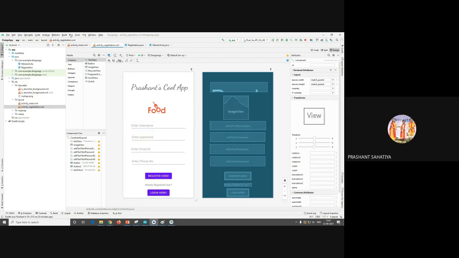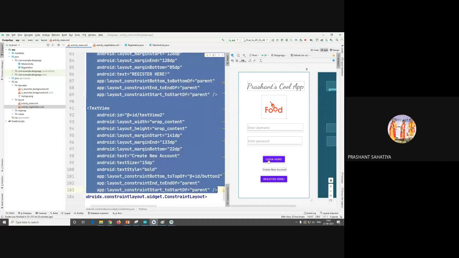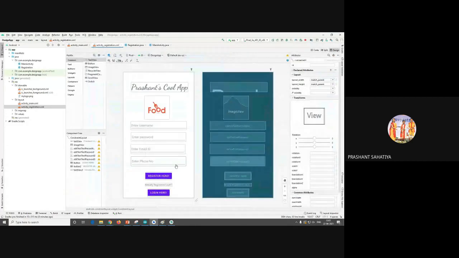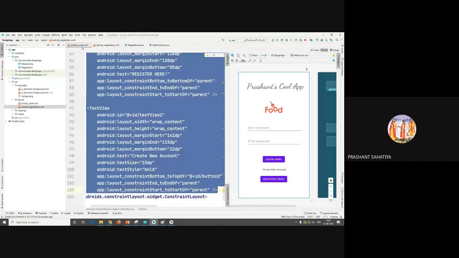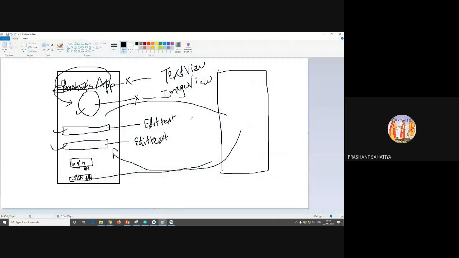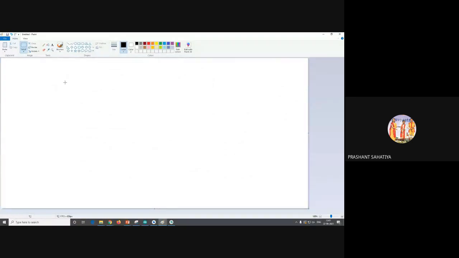Okay. Now once we are running, our goal is this. By clicking on login here, I should be able to come here. By clicking on login here, I'll be able to come here. So that is where logic comes. Okay, now your Java part will be active. Okay, this logic you have to write in Java. Okay, so I'll remove this portion. Now I will explain the logic part.